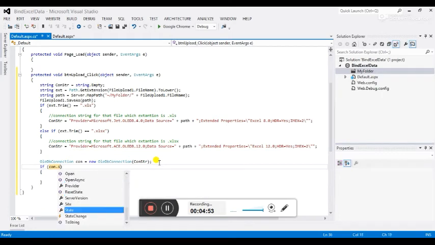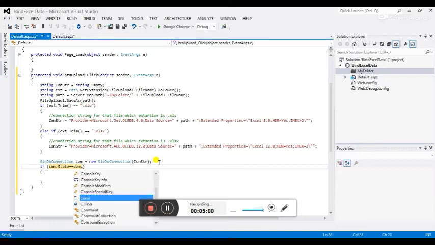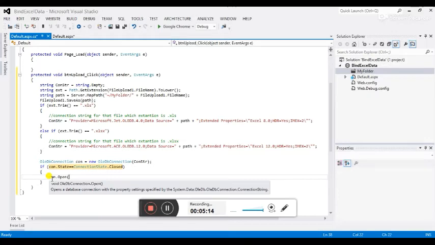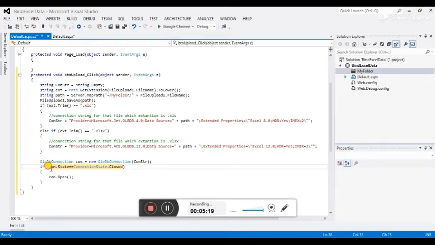Let's write the code first. Now you can see that in this if statement we are checking if the connection state is closed, then open the connection here.